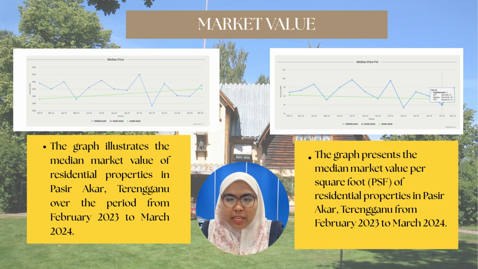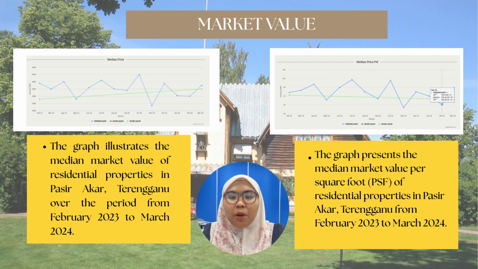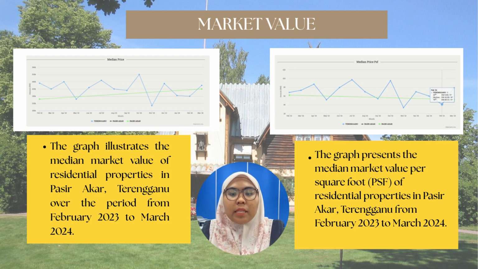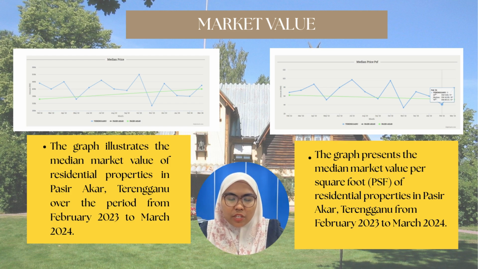October 2023. However, a sharp drop in November 2023 is observed, which could be attributed to temporary market corrections, fewer transactions, or a year-end market slowdown. Despite this decline, the market rebounded in December 2023, showing resilience in property demand. Entering 2024, prices stabilized within the 350k to 420k range, and by March 2024, the median price shows an upward movement again. The overall upward trend line indicates that, despite short-term fluctuations, the market value of residential properties in Pasir